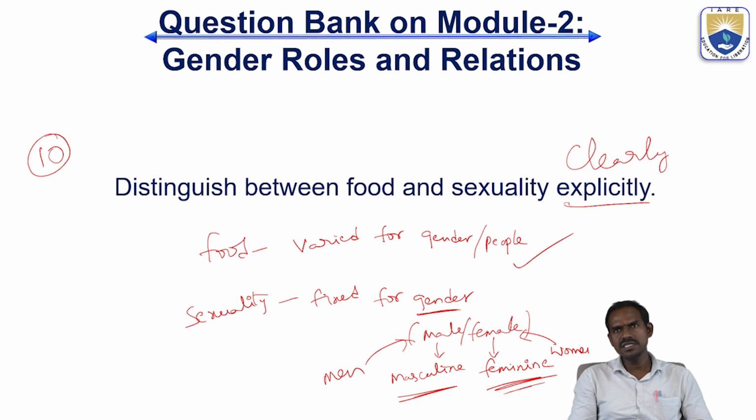And for more details, you can go through the module presentations. So the second module, gender roles and relations, can also be considered as gender and biology. So that is how I have explained the second module, and you can go through it in detail, and for the briefing I have explained here. So I hope all these 10 questions are crystal clear in your mind,